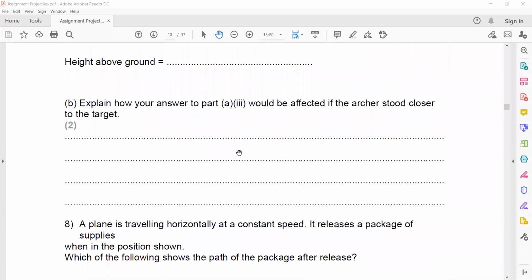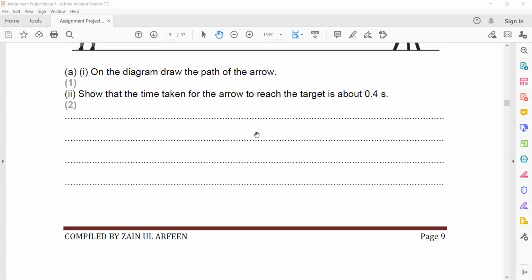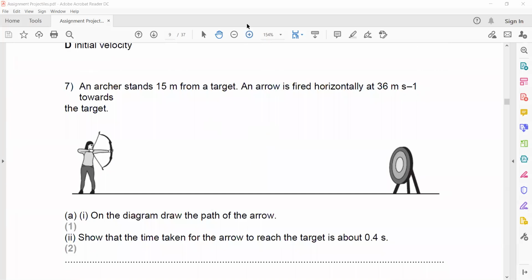Then explain how your answer to part A would be affected if the archer stood closer to the target. If the archer stands closer to the target, for example, this is the trajectory followed by the arrow. If the target is closer to the archer, like I move the target or the archer moves toward the target, what will happen? Like if I just draw the trajectory, or the path of this arrow,